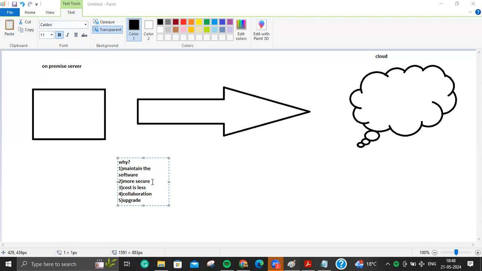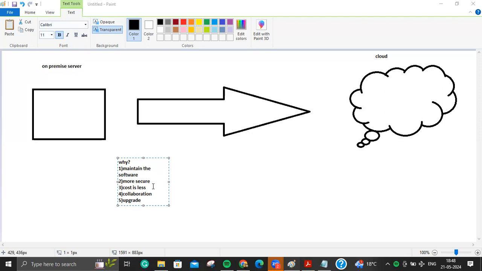Suppose I have a pen drive and it is with me, then it's more secure than giving it to anyone, right? So I will not say those points probably, but from the collaboration perspective, the upgrade perspective, and the backup and recovery perspective, the cloud is much better.